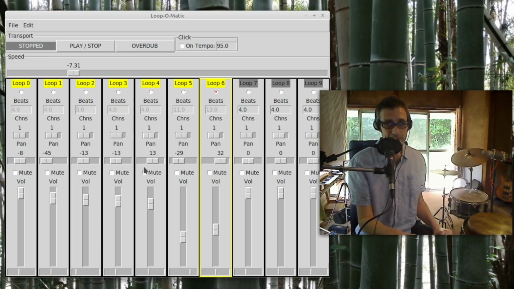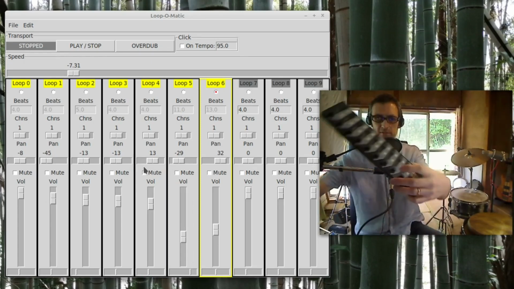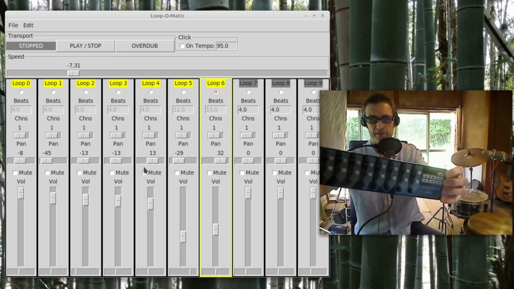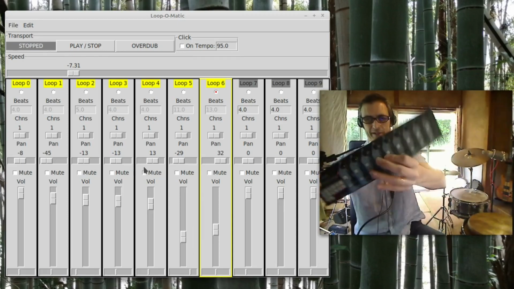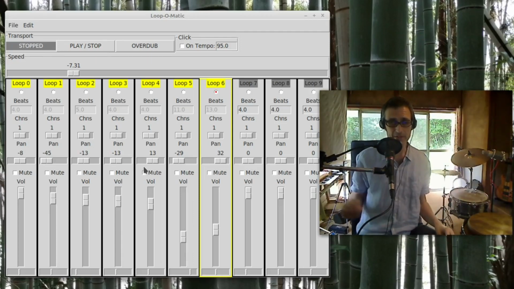My plans for this are, firstly, at some point I need to do a lot of sanity checks, because at the moment if you type in the wrong numbers or do the wrong thing, it'll go a bit balmy. I want to get MIDI control working so I can use a set of sliders, this sort of thing, if you can see that. Some MIDI control that's upside down to control the looper volumes and pans,